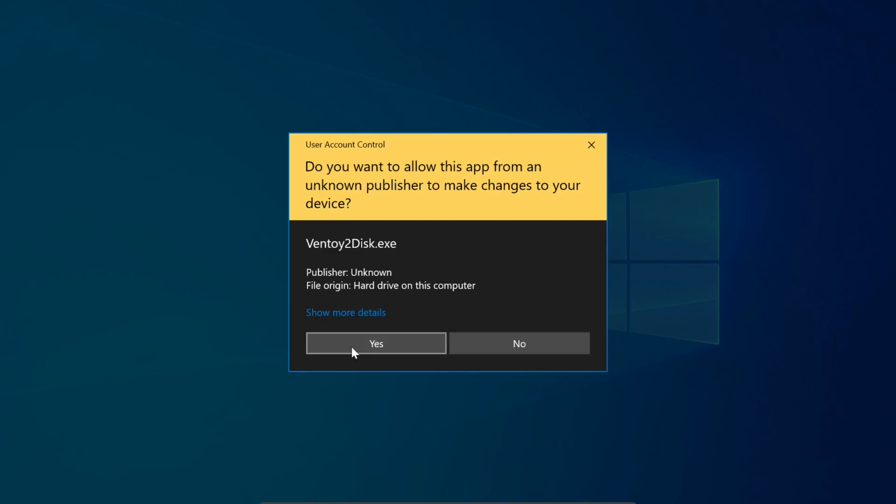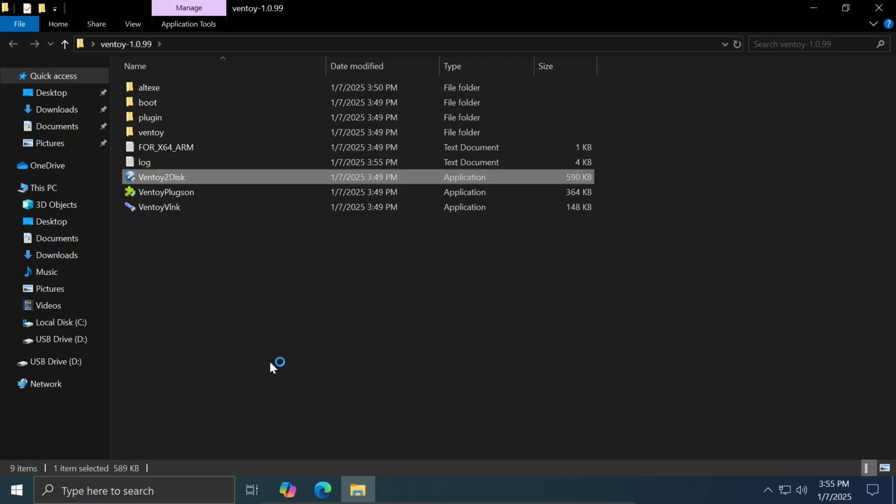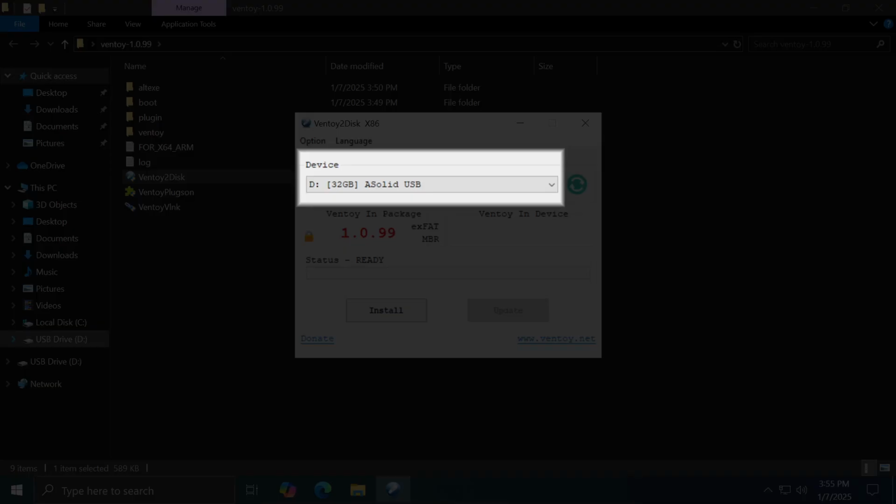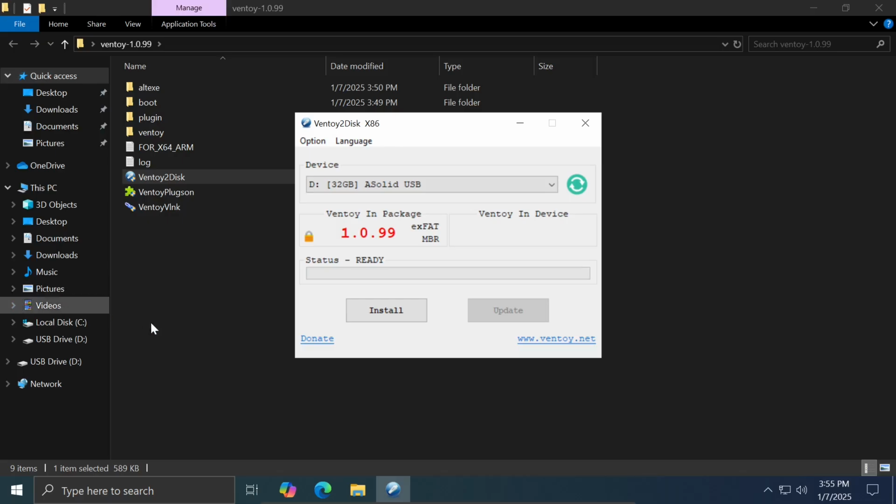When the program starts, the first thing you need to do is select the USB you want to make bootable. If you have only one USB drive connected, Ventoy will automatically detect it, and its name will be displayed in the section below the text labeled device. If you have multiple USB drives, click on the drop-down menu and select the one you want to write your